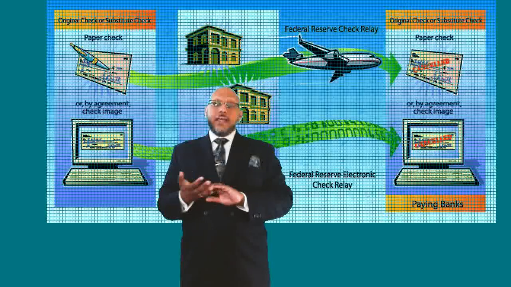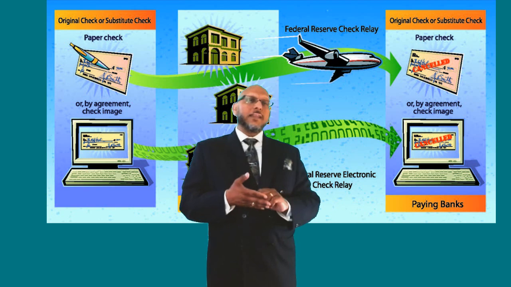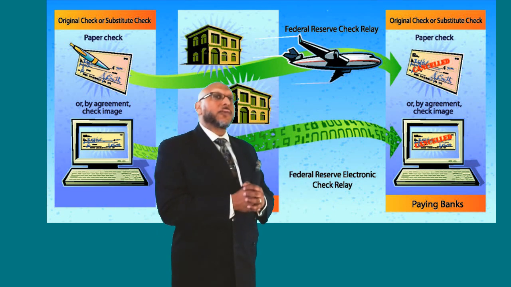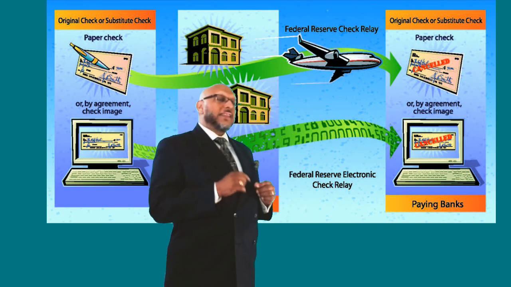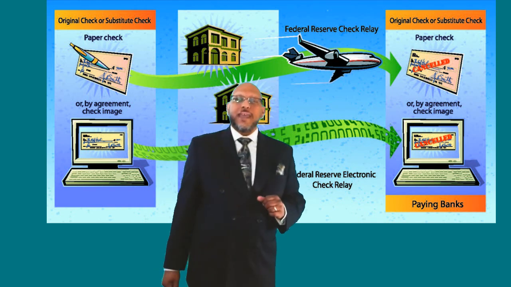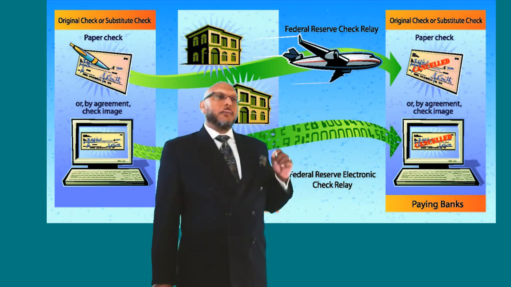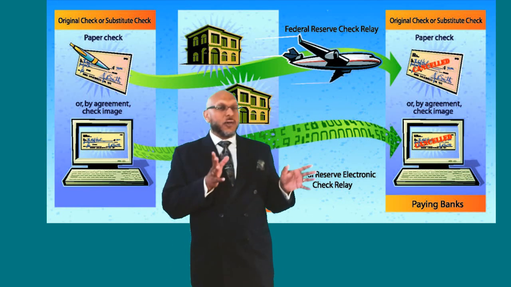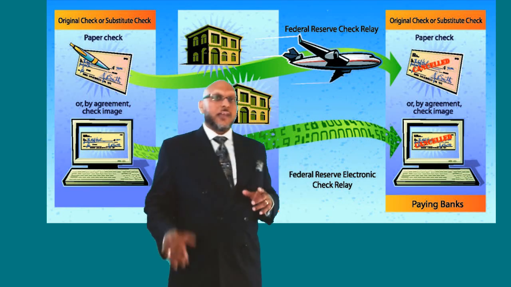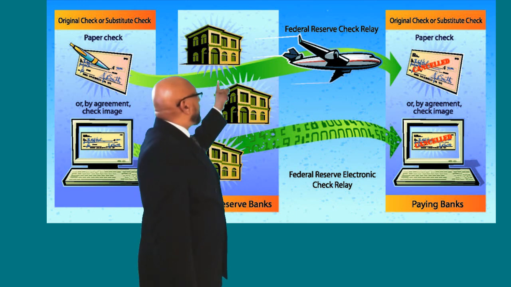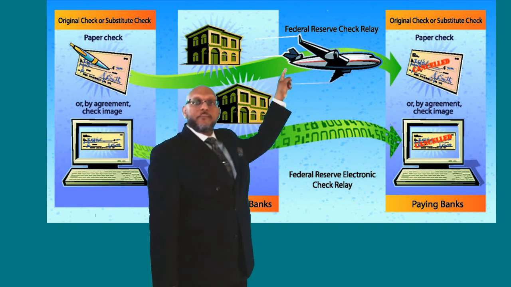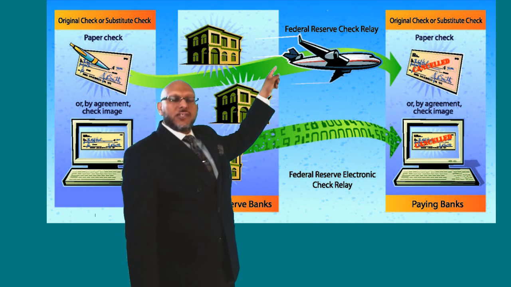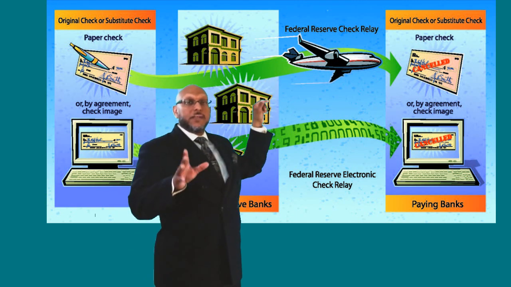If I write a check from my checking account at TCF Bank, and I write a check to you, and let's say that you have a bank account with Comerica, and you take that check and deposit it into your bank account in Comerica, what happens is Comerica sends that check electronically. In the olden days, they used to take that check, and the check would go from the bank to the Federal Reserve, and what the Federal Reserve would do with that check is, at first,